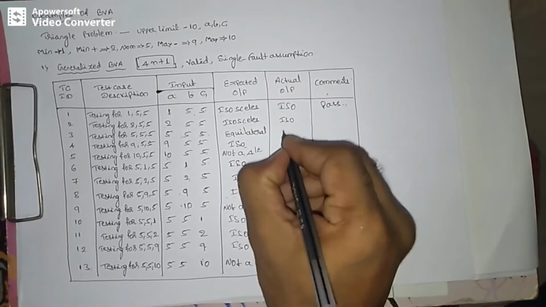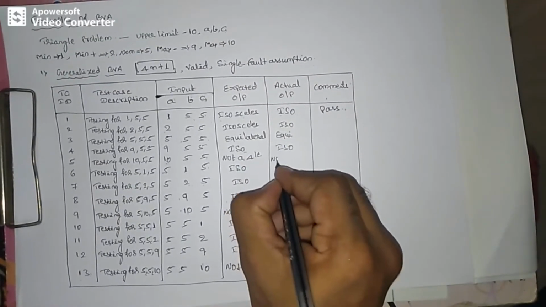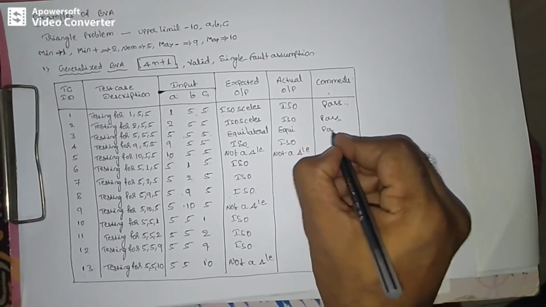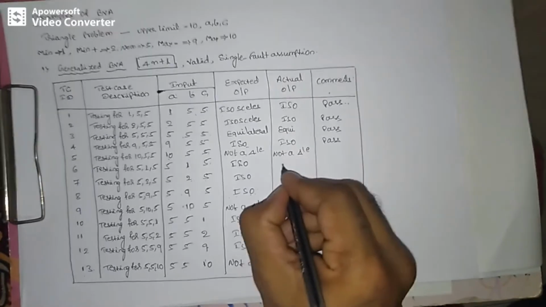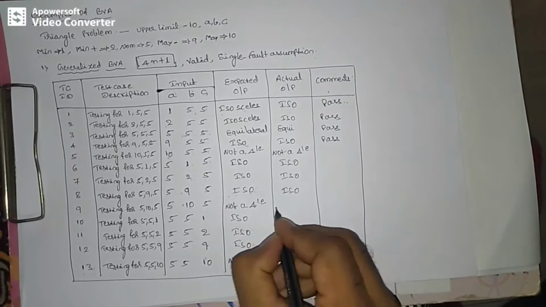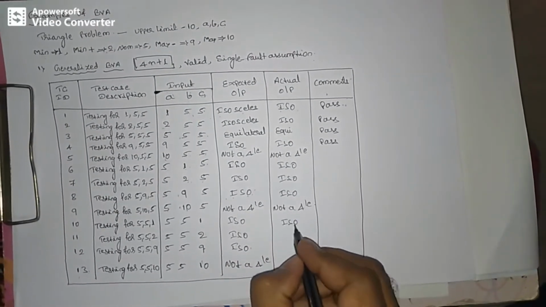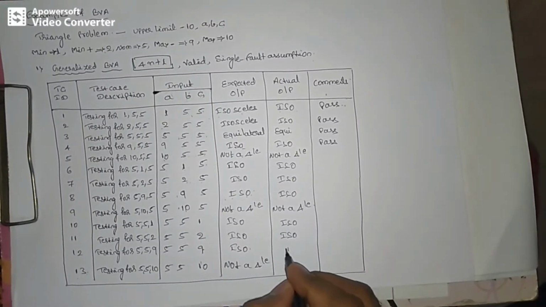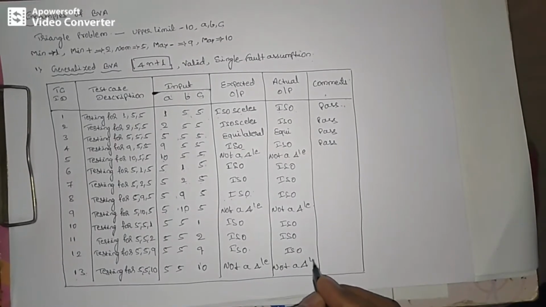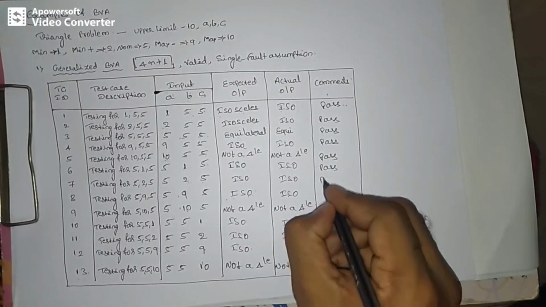So let us assume my actual output result is equilateral, isosceles. So you are getting the same output result. Then for all the test cases, in the comment column we have to write pass, pass, pass. I think I have made it clear how to write the test cases for a given problem based on the boundary value analysis method, especially the generalized boundary value analysis method, and how to write these 13 test cases for it.